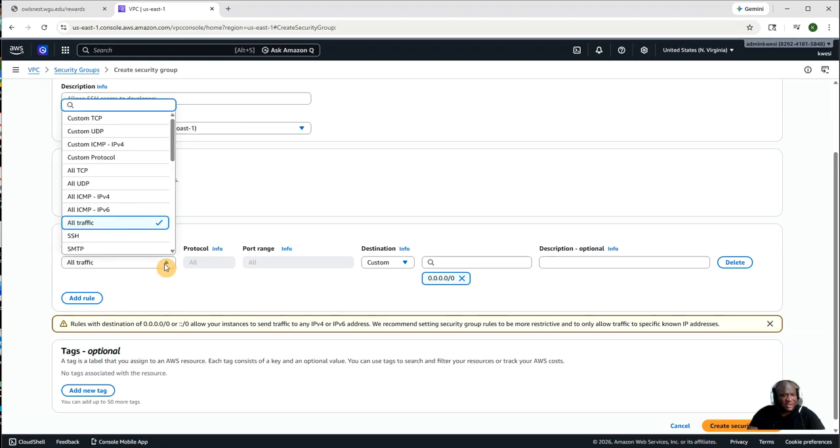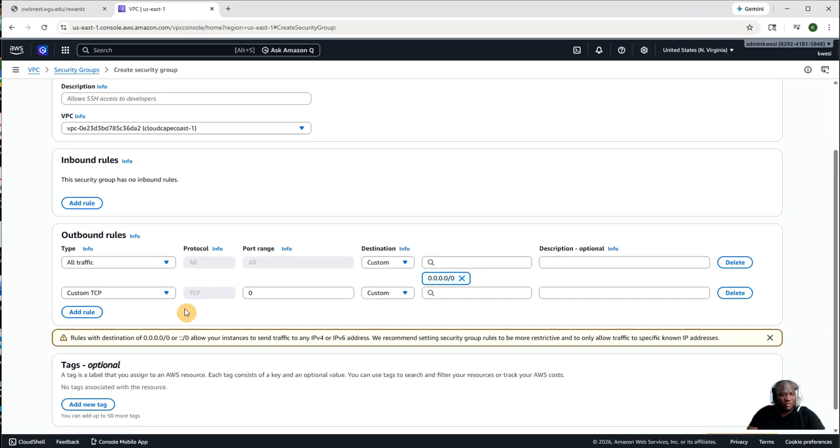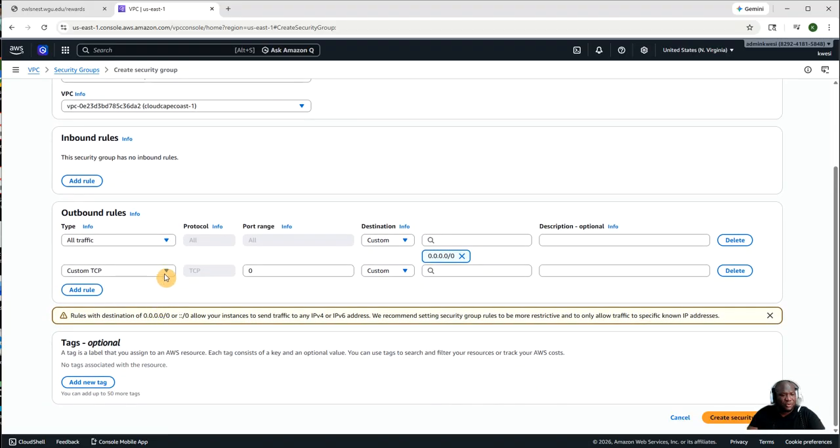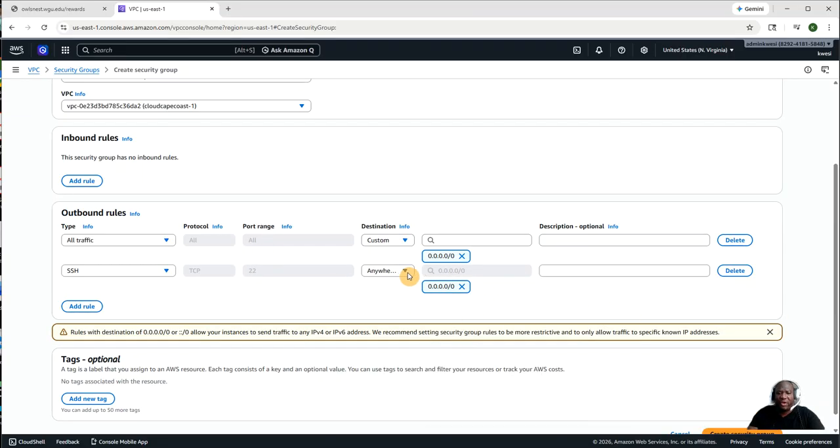I can select that, and I would want traffic to come from everywhere. Yes, that's fine. I want to add another rule. TCP SSH, so traffic is going to come through port 22, and I'm still going to say from anywhere,